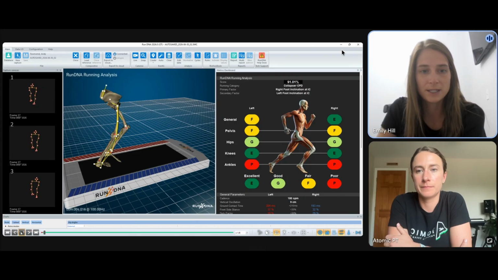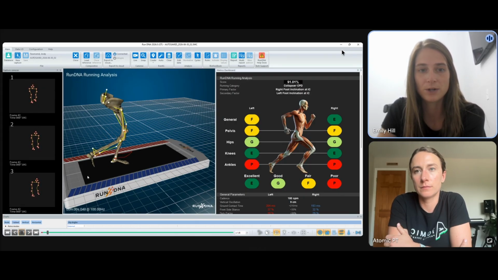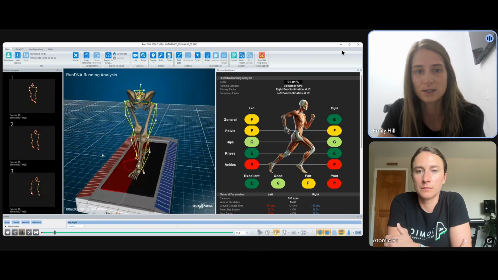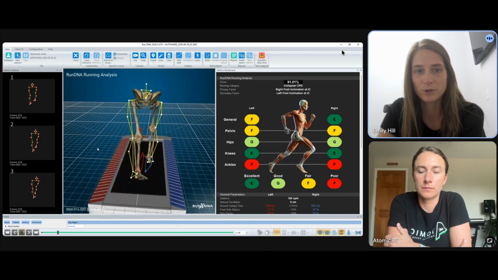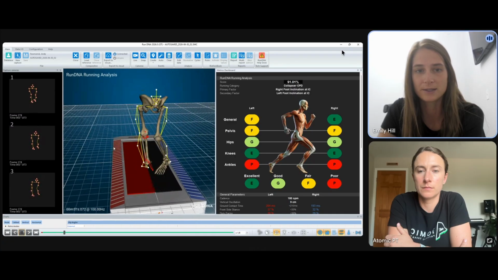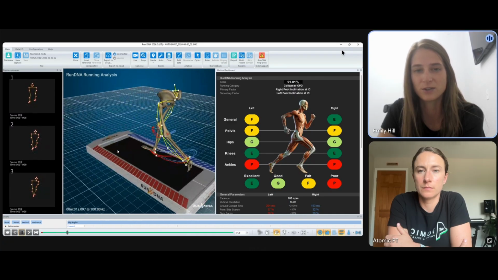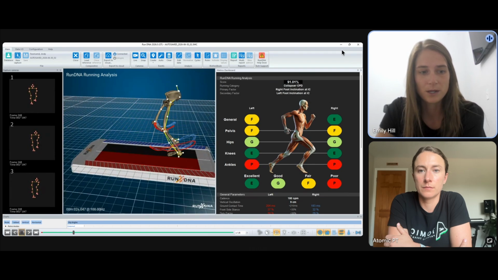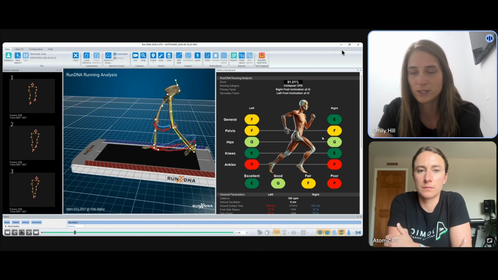On the left-hand side here, we have the 3D model running in slow motion. This is what the cameras picked up as he was going through his analysis. This can be helpful as we look from different planes. We can see how those joints are moving and understand a little bit better where we're getting some of these numbers from. I'm going to pause that here, but we're going to go back over to this table